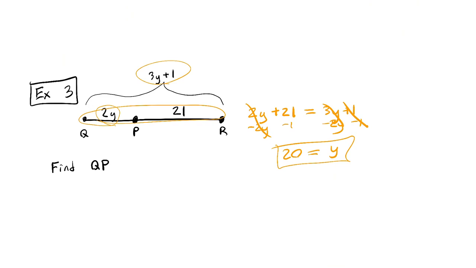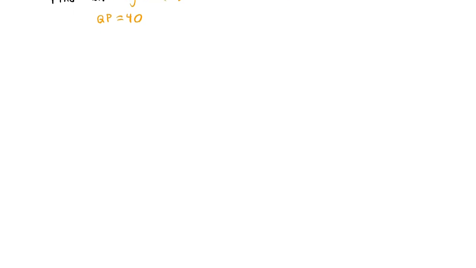Okay, and see what it's asking. It's asking for QP. So actually QP here was 2i, so that's equal to 2 times that 20. And so QP is equal to 40. Okay. I'm going to make a couple more notes here before we stop, but that was the core of the